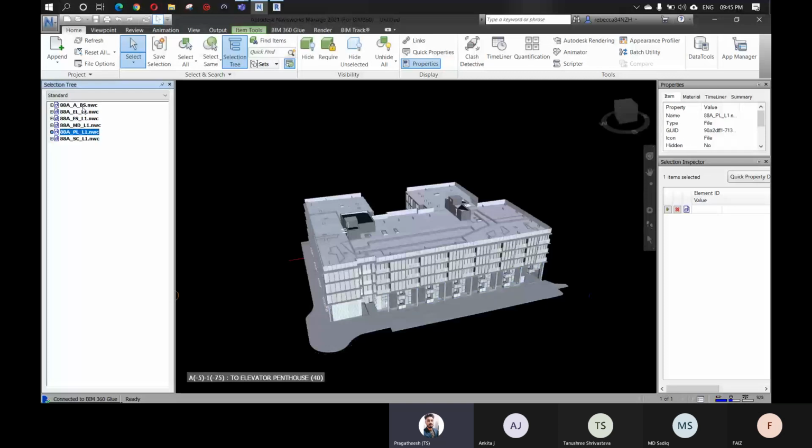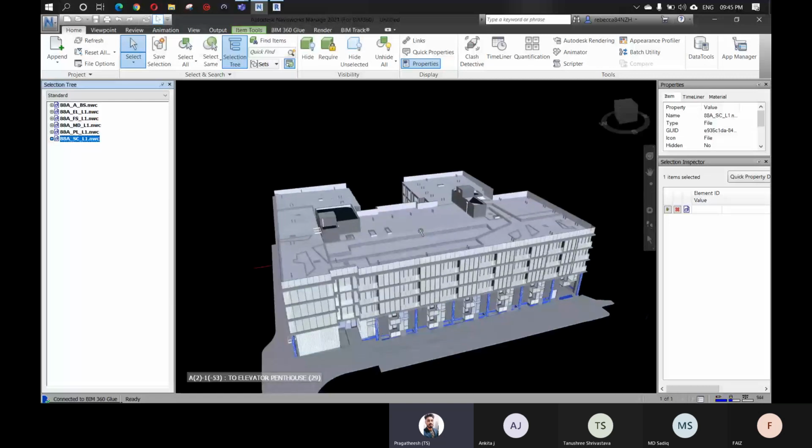Once we have appended all the NWC files, we'll do all the clash detections and everything else we want to do here. But you have to save this file while you're working. So how would you save? In which format will you save? You cannot save it as an NWD file. The reason is NWD is a documentation file.